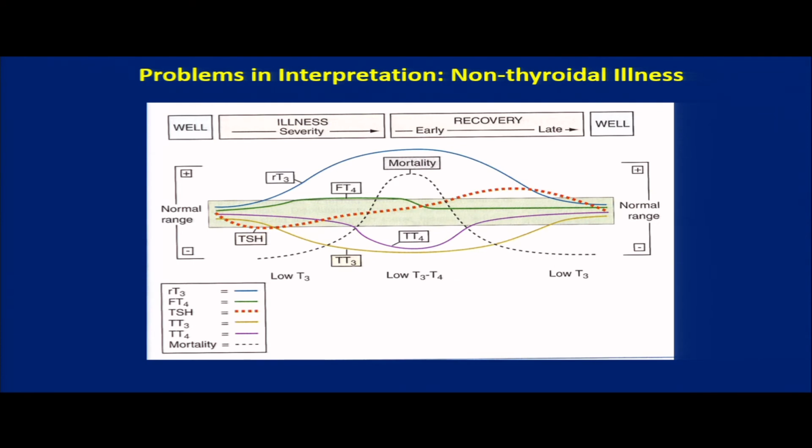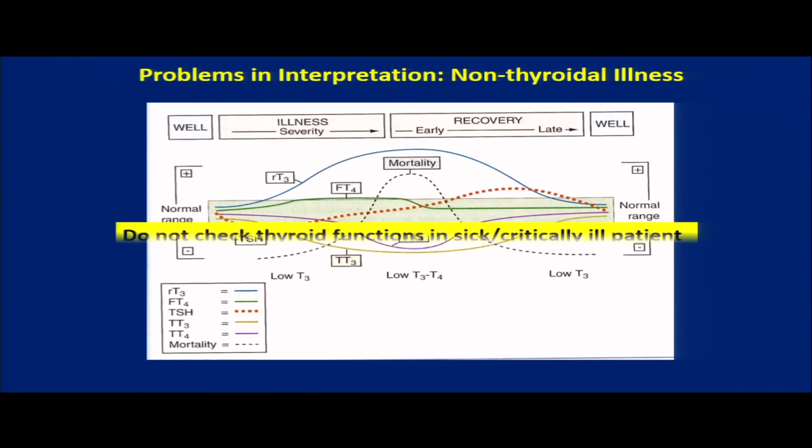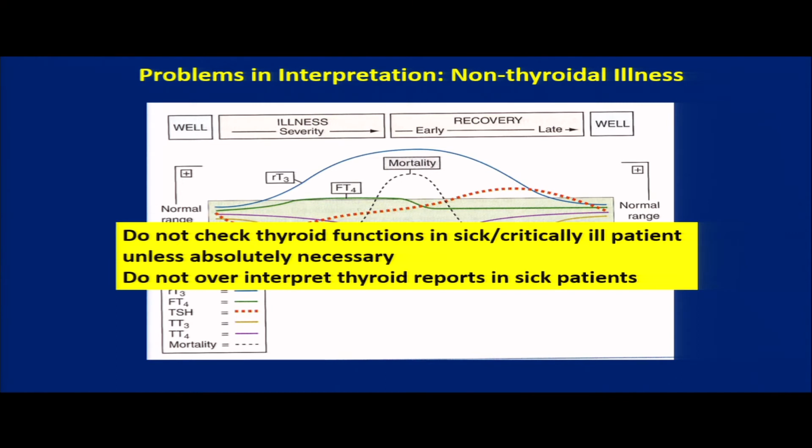This is called non-thyroidal illness or sick euthyroid syndrome. Patient is sick, but thyroid is normal. Thyroid is not sick. That's what it means. Thyroid is getting adapted to the sickness, and that adaptation will sometimes be misinterpreted as a wrong report. So this has to be kept in mind. And don't check thyroid unless you are too sure what you are dealing with in any sick patient,